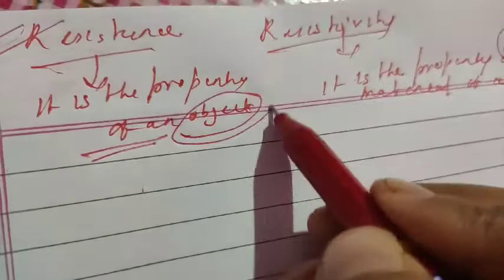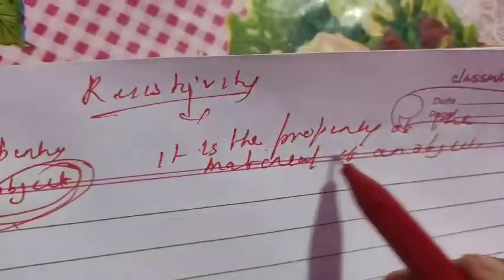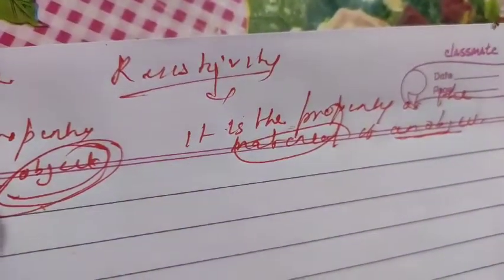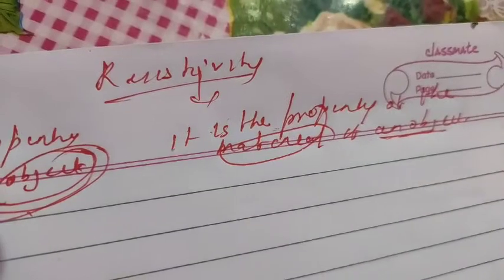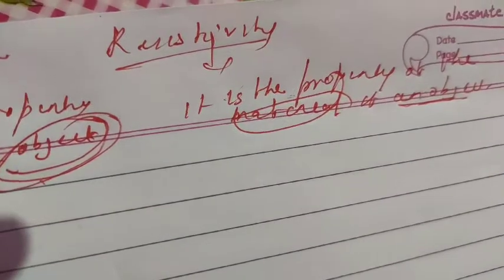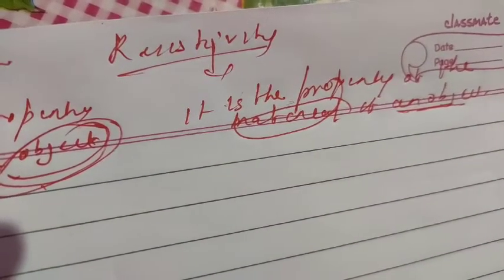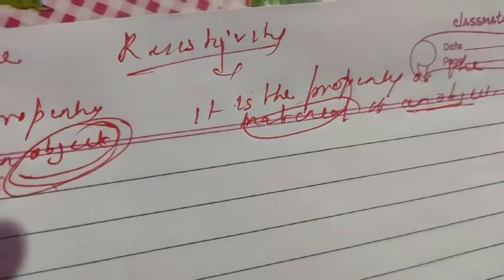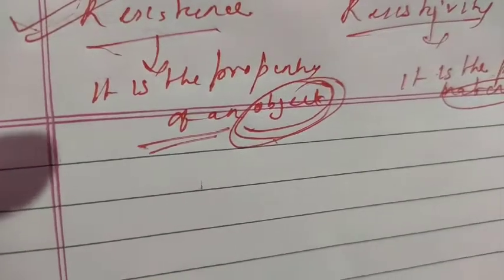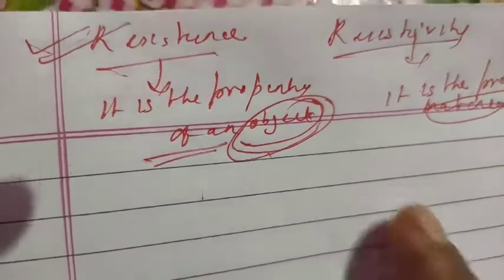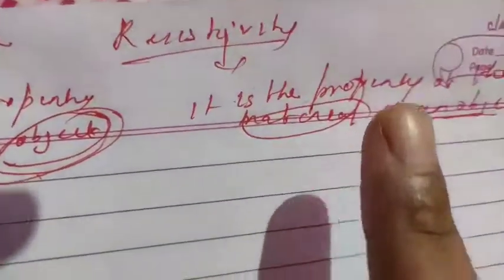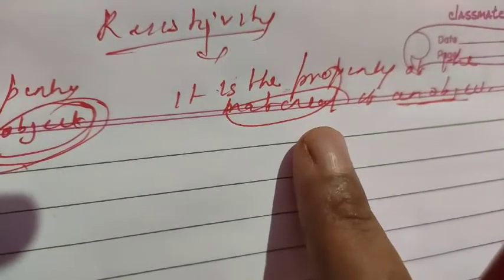Resistance is the inherent property of the object, but here, the object is there, and which substance the object is made up of, that is resistivity. It is a property of the material of an object. Suppose one object is made up of copper, one is made up of iron. So resistivity variation will be there depending upon the material. But you cannot change it. This is only for iron. So iron has some different resistivity, copper has some different resistivity. So this is inherited. Okay, you cannot change it. But resistance can be changed for a given object, depending upon the material.